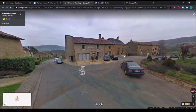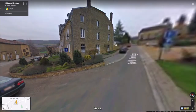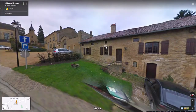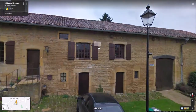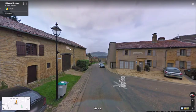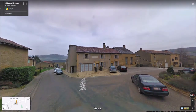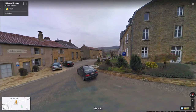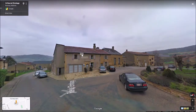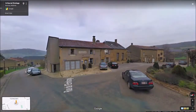Okay, this is a village very far in the south in Wallonia. This one looks a lot like Luxembourg, kind of. Yeah, it is pretty close to Luxembourg actually. This would definitely be something I might confuse for Luxembourg, especially with the Gen 2. Yeah, definitely. I think the main thing that stands out from Luxembourg here is first of all